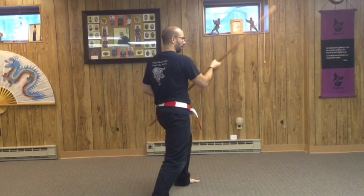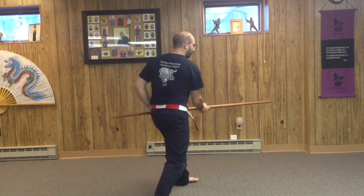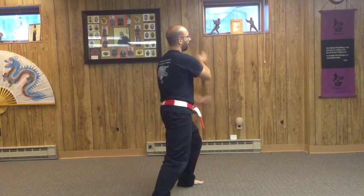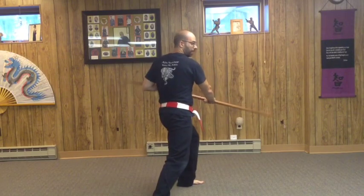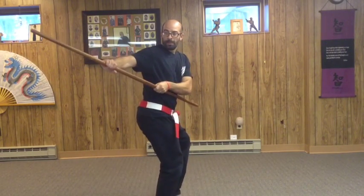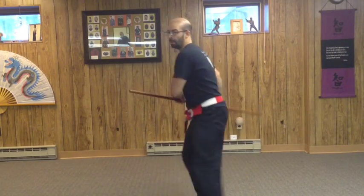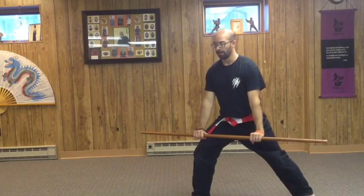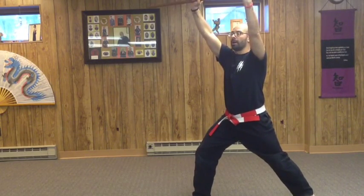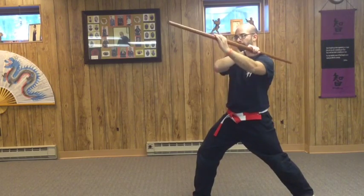The right hand side, same side I struck with, is going to come back to my shoulder and up to the groin. I come up on my left side, back down. I switch my hand, look over my shoulder, poke to the corner, to the opposite corner, turn, poke again. I'm going to step back, block low, block high, come across, switch your grip, bring it up on your shoulder,